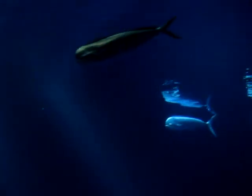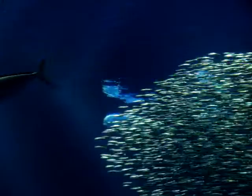We just have to make sure that Wyatt and Lindsay are ready to go. Wyatt, Lindsay, if you two are ready to go, let's let the feeding begin. Okay, here they go. Their first toss looks like some squid, and it looks like the first fish moving in